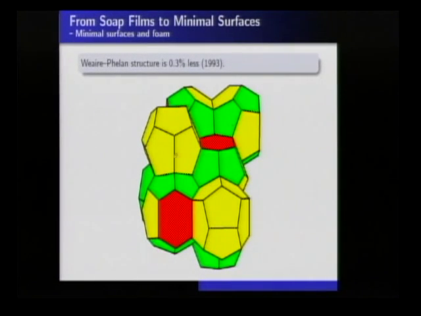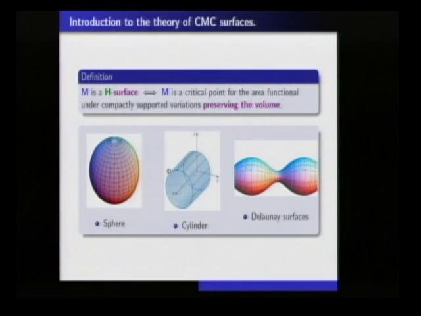So this example was found pretty recently, 1993. Here we go. It's a certain shape. They fit together. They decompose space into a little bit smaller surface area when you fix the volume. Okay, so now we're getting to these isoperimetric questions, and the natural realm of study of surfaces is constant mean curvature, not necessarily zero mean curvature. So we're going to talk a little bit about surfaces where the mean curvature is not necessarily 0, okay, but it is constant.